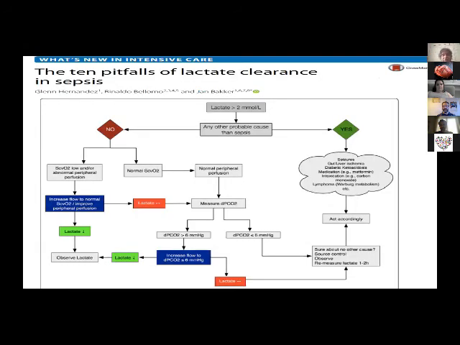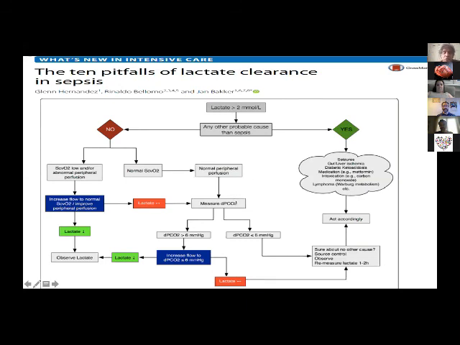This is my final slide. How to, and we proposed this recently. If you have a persistent elevated lactate, you have first to rule out causes not related to the circulatory dysfunction explaining this. But if these are ruled out and you have a persistent lactate, you look in a multimodal assessment, as I said before, with SvO2 and peripheral perfusion. If they are not normal, of course, you suspect this is hypoxic lactate, you increase flow, and then if it decreases lactate, you are okay. But if you have normal SvO2 and normal peripheral perfusion, to be sure, you can see the